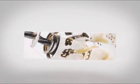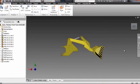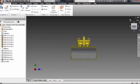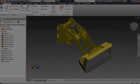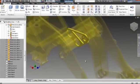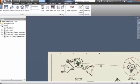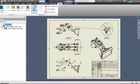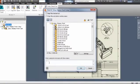Manufacturers must be able to manage change effectively to compete in today's manufacturing market. Autodesk Vault provides an integrated and scalable data management solution day one. Autodesk Vault grows to meet your needs without having to start over with costly implementation. Users can securely check in and check out information directly inside of the Inventor interface. Once a file has been checked out, users can then make changes to the geometry and then save that information